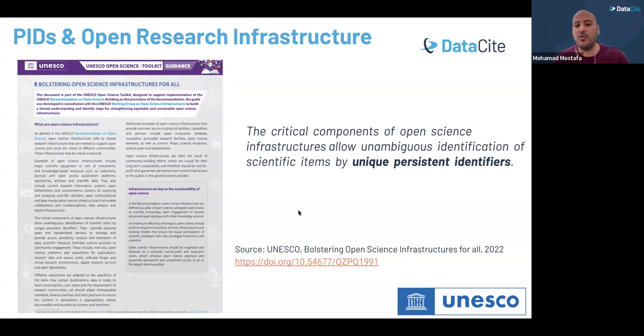What I wanted to highlight was what was mentioned on the first page of the statement: the critical component of open science infrastructures allows unambiguous identification of scientific items. Here they are talking about possible pathways to identify research outputs and resources, and they highlighted that this identification should happen using unique persistent identifiers. So they highlighted the importance of adopting persistent identifiers in research workflows. I added the link here again if you want to access it and read it. It's available in various